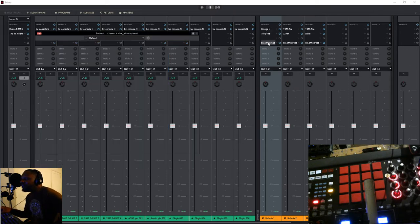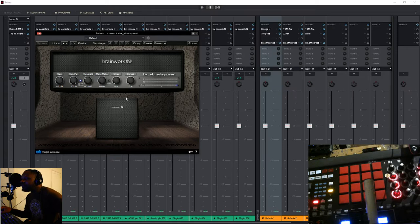And then on the bottom of that, I'm using the Brainworks. Again, I'm also a big fan of Brainworks and Plug-in Alliance. They make great plugins. Period. Hands down, some of the best. I find myself reaching for these more than the Waves. Maybe somebody can tell me something or play something for me that changes my mind. But when I do comparisons, for me,